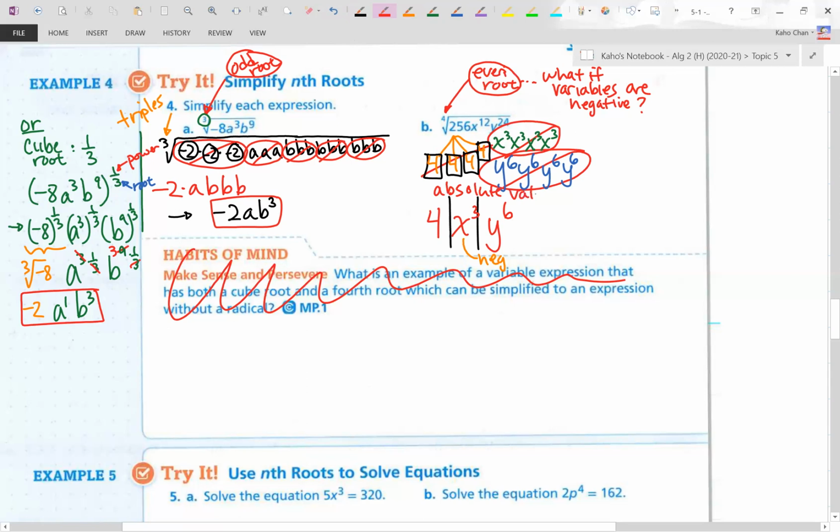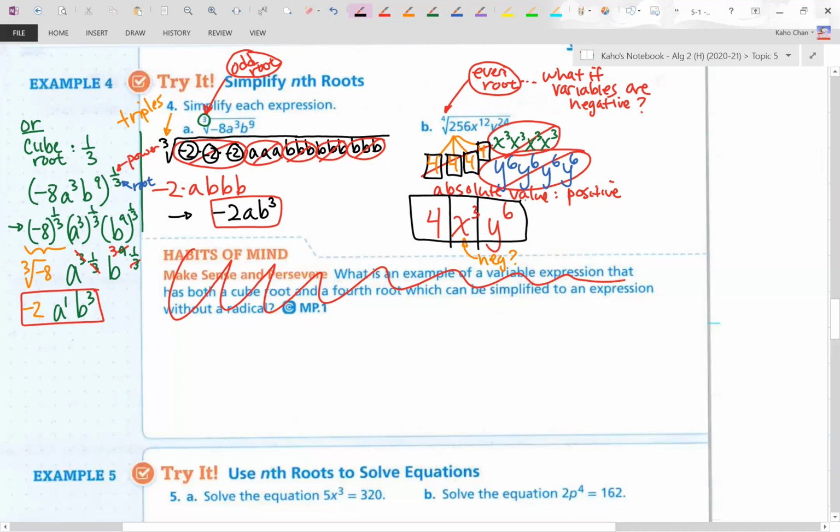The absolute value makes it positive. What if y was negative? Well, it doesn't matter. How many y's do you have? You have 6 of them. If you have an even number of y's that are negative, it will become positive by itself. So it's done. So ladies and gentlemen, this is the answer